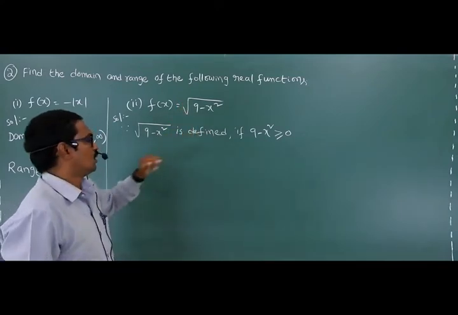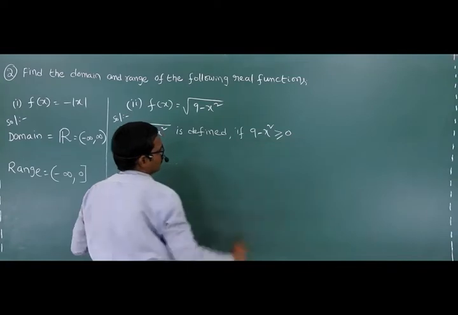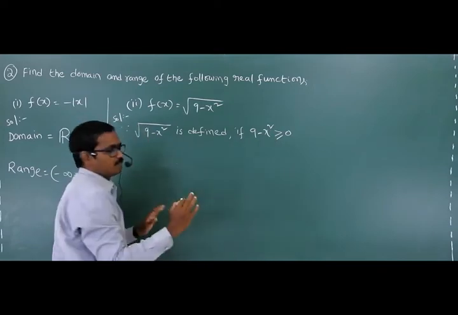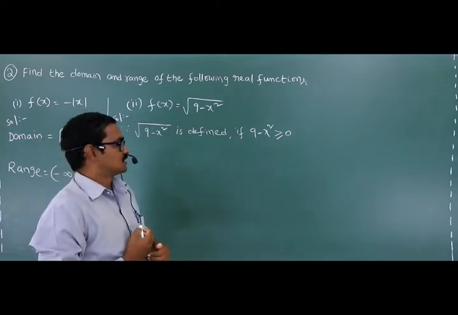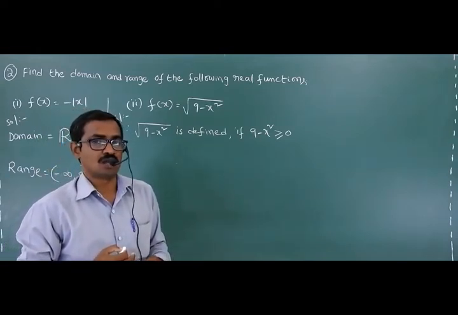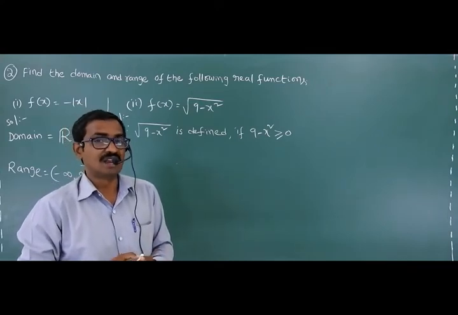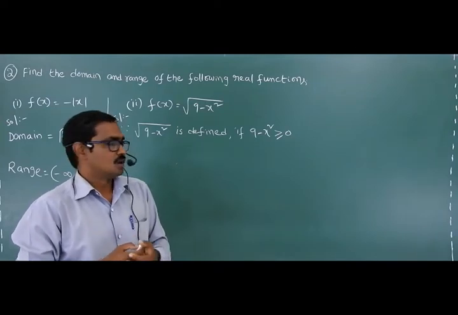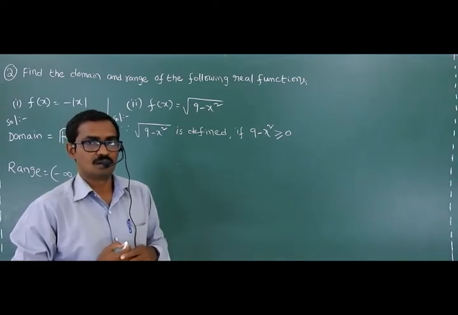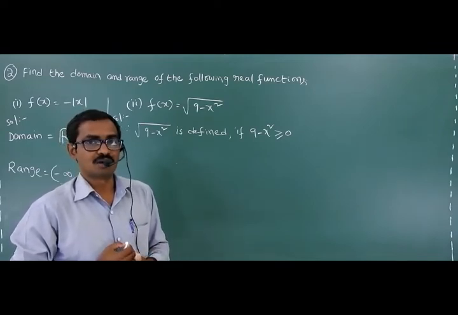Is it clear? Now, multiply this function by minus 1 on both sides. If you multiply by minus 1, greater than becomes less than. This is called a quadratic inequality. We will explain some conceptual points in inequalities. Linear inequalities and quadratic inequalities are there. There are 4 symbols: greater than or equal to, less than or equal to, less than, greater than. These symbols connect two real functions or two real numbers.